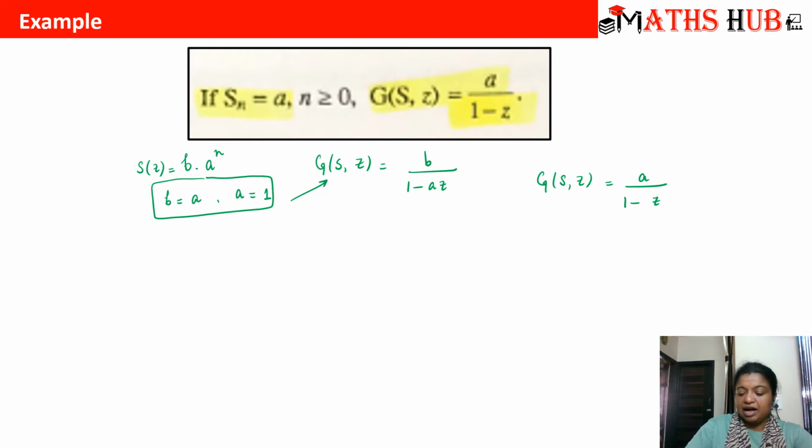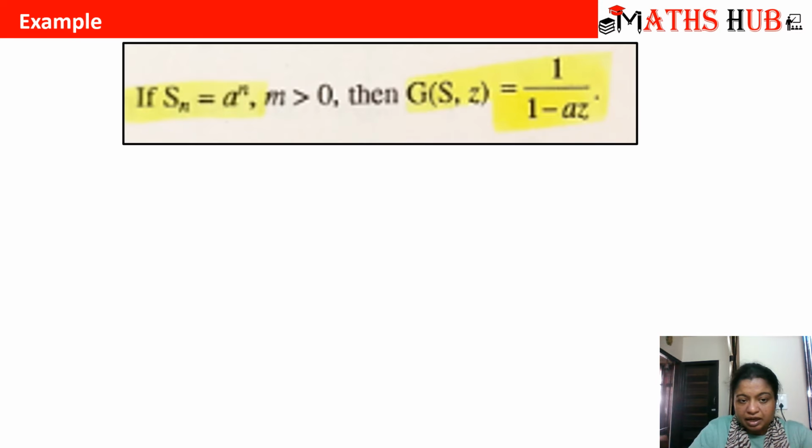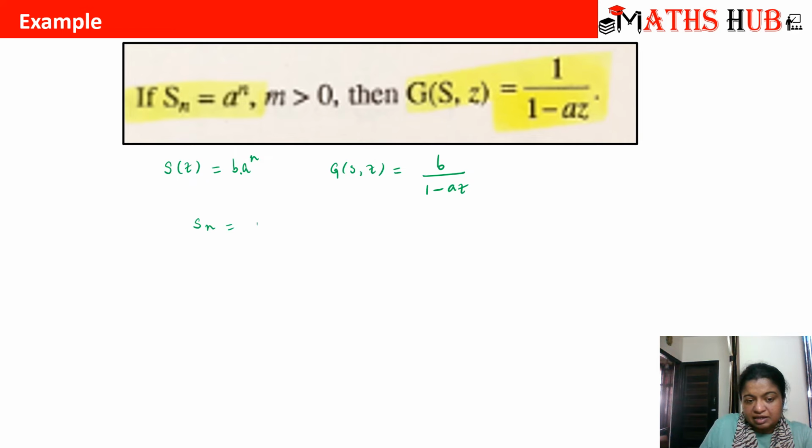Okay. And then we have the next one. If our sequence is a raised to power n, we will just relate it with the same thing. If the sequence Sn is b into a to the power n, then the generating function was b upon 1 minus az. Here you can see that I have substituted b as 1. So if the sequence Sn is a to the power n, then the generating function will become 1 upon 1 minus az. Next,